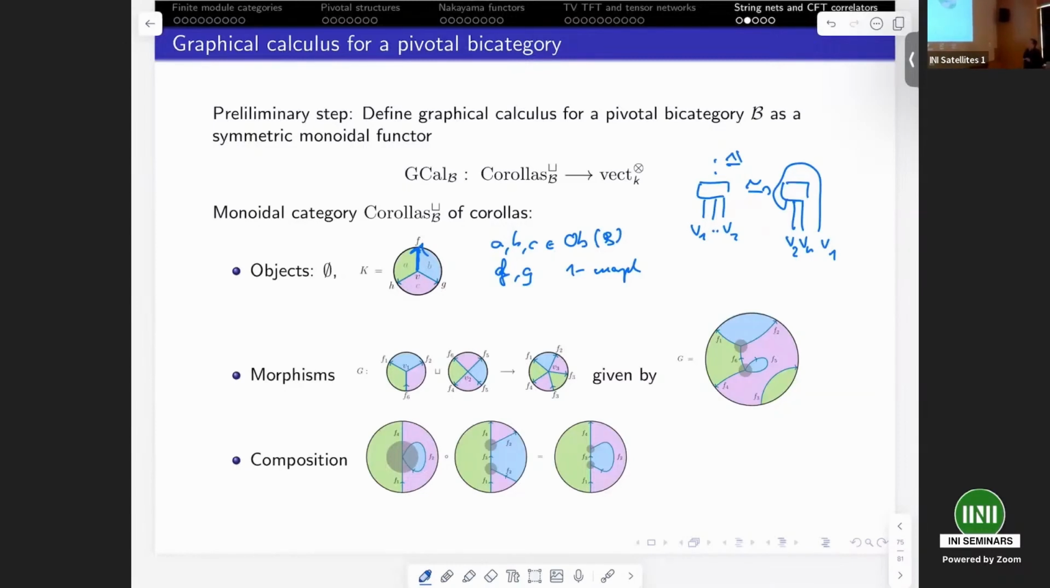Now, what are the morphisms? Let me give you an example of what the morphisms are. This here is one object. It's actually given as the disjoint union, as the tensor product of two corollas, and it should give me a corolla or a disjoint union of corollas. It is